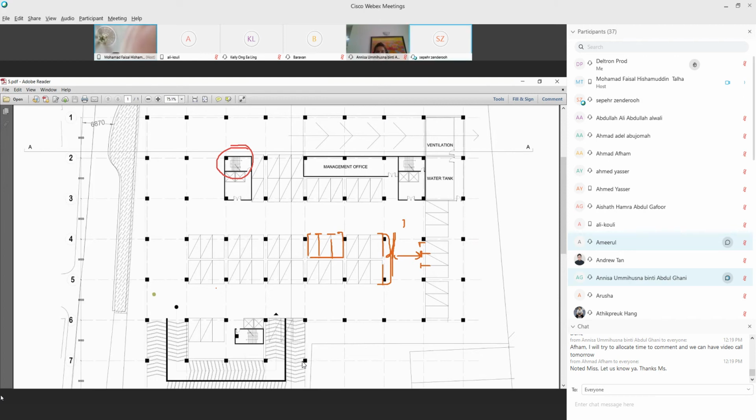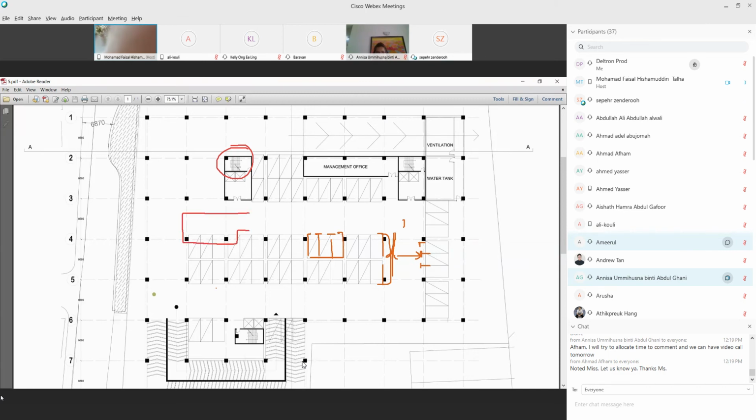So 13 times 300 millimeters, 1.5 meters. It should be 8 meters long. Staircase should be 8 meters long.